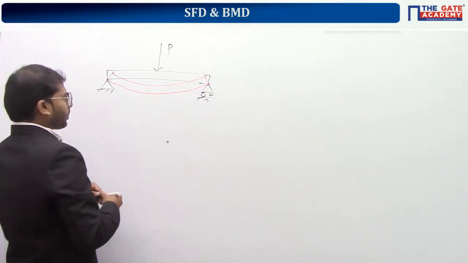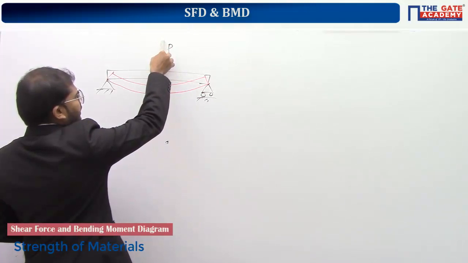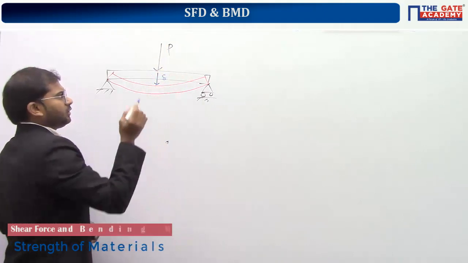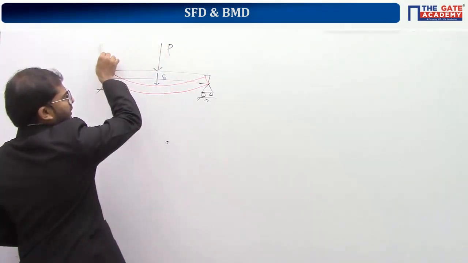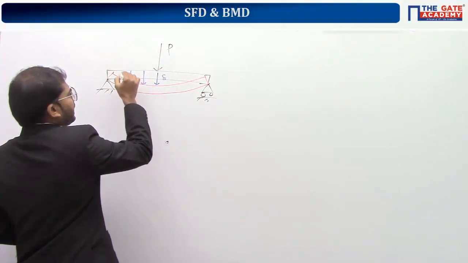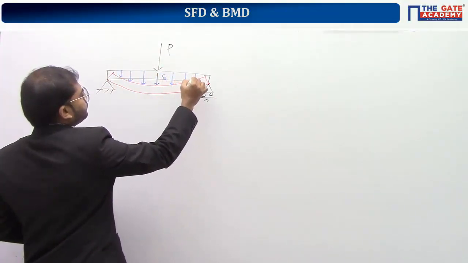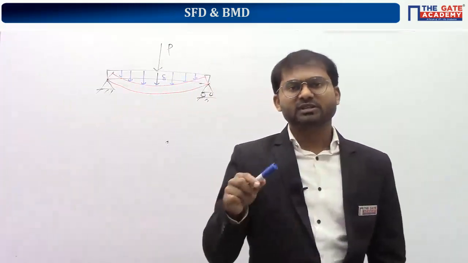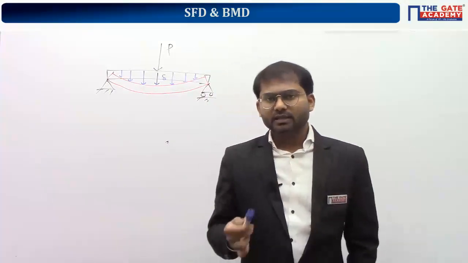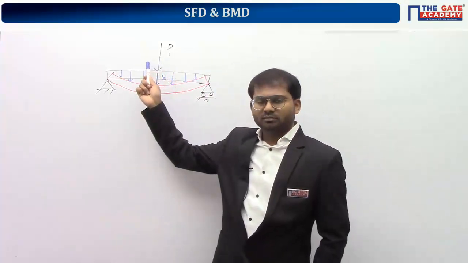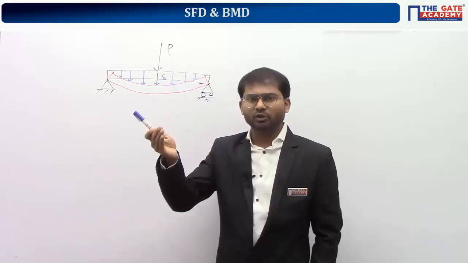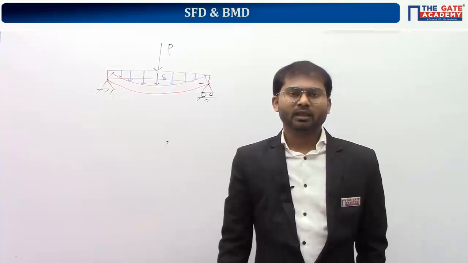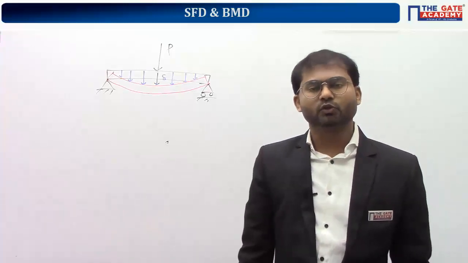So if you see here, load P is acting at the center, and it is giving rise to some deflection at the center. But though it is not acting at any other point, it is giving rise to deflection at other locations as well. That means the effect of load P is there. It may not be the same, may not be the total value, but the effect of load P is induced throughout the length of the beam.